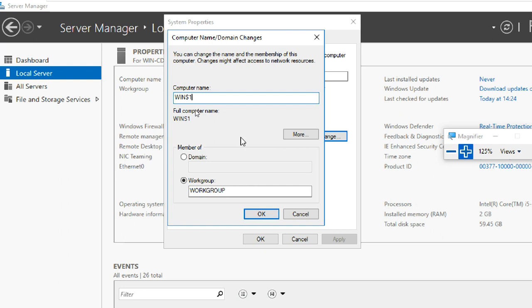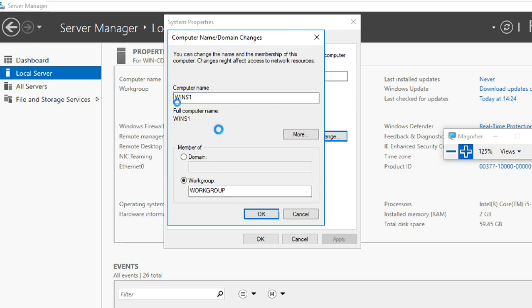Okay. And still we don't have a domain, so we can't put it into the domain part. It should be in a workgroup only. It should be on workgroup. So if you want to make any server a domain controller, initially it should be in a workgroup, and then only it becomes a member of the domain. Automatically it becomes a member of the domain, but initially it should be in a workgroup only.